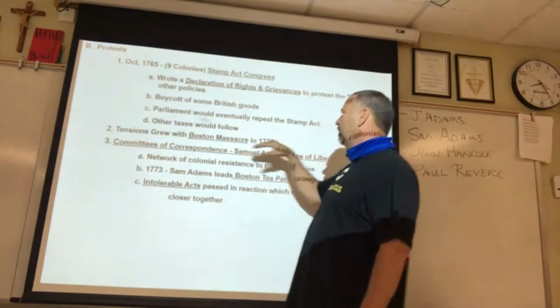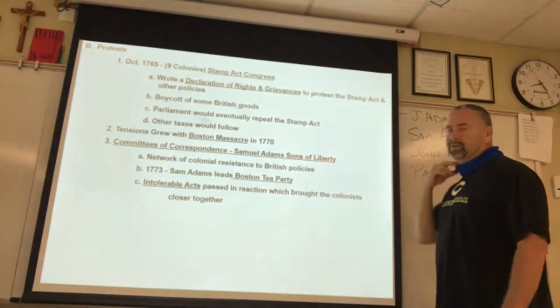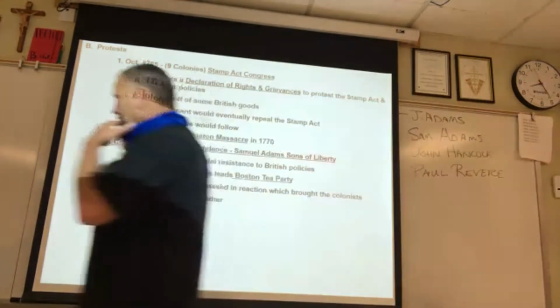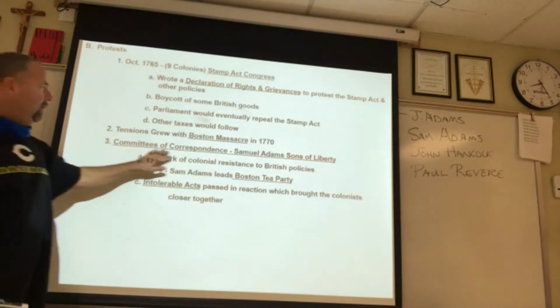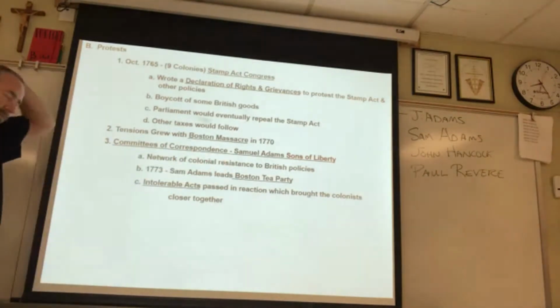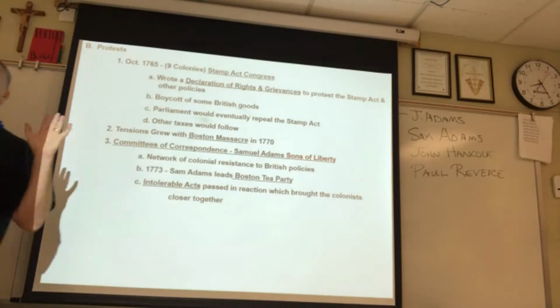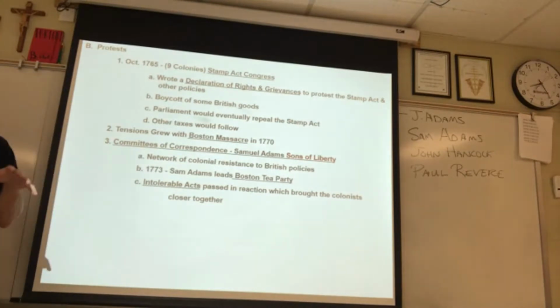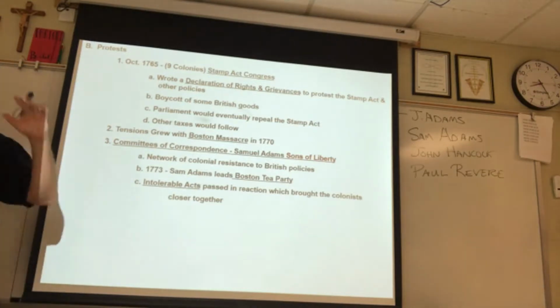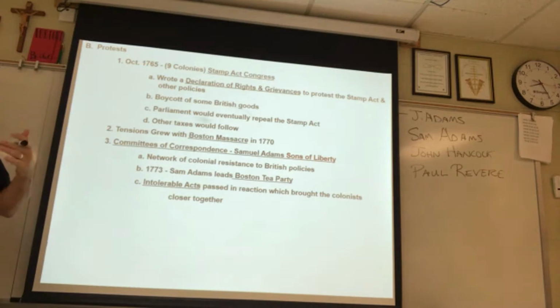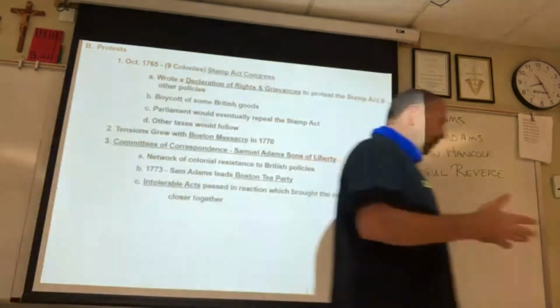Tensions grow in 1770 with the Boston Massacre. Because of groups like the Sons of Liberty, which was first called the Committees of Correspondence, the British decided to occupy Boston. They start bringing ships into Boston Harbor. They've got soldiers posted on the street corners. This is like martial law. And on one fateful evening,